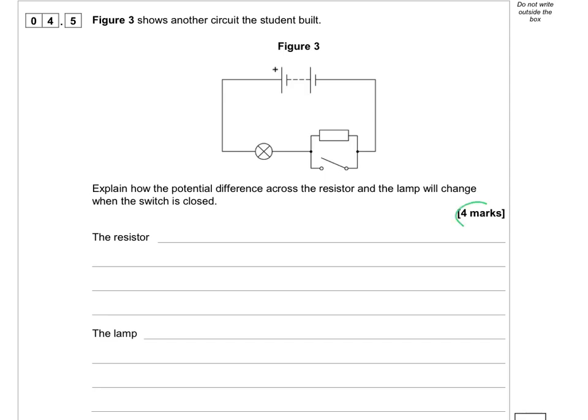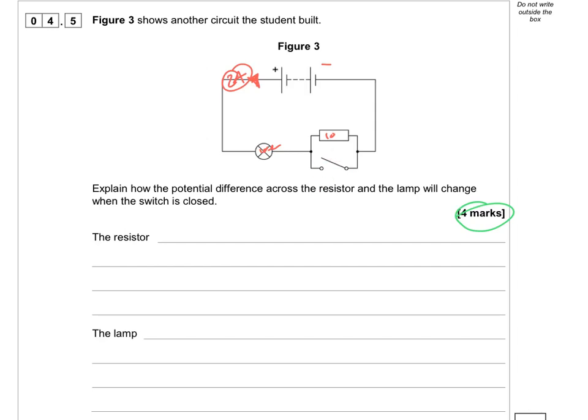Okay, this question here is 4 marks. There's quite a lot to go through in this. So I'm going to put some made up numbers to this. If you remember from the previous question, this was a 10 ohm resistor, and this was a 10 ohm bulb. And let's just say for the purposes of ease, we just say it's a 2 amp current flowing through from positive to negative. So the current is going to flow through the bulb and then flow through here